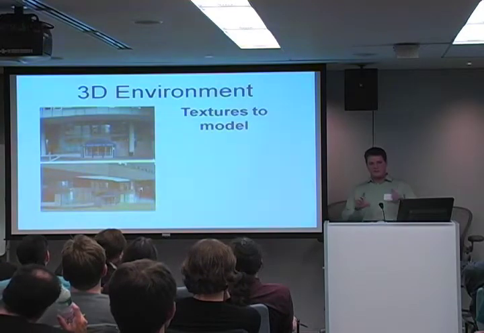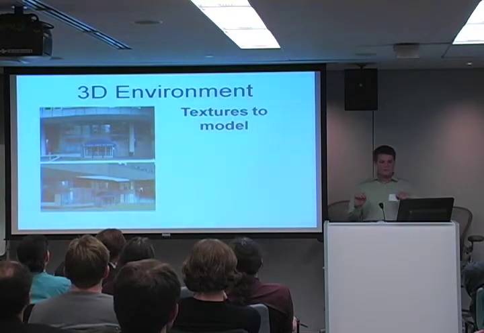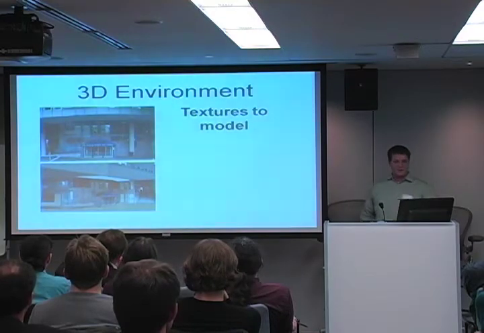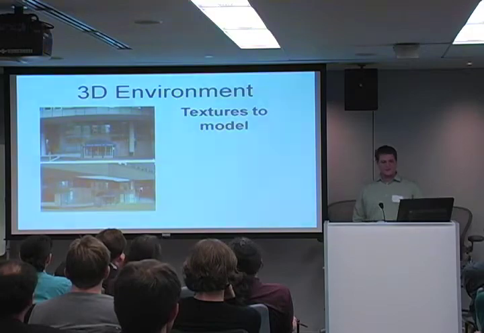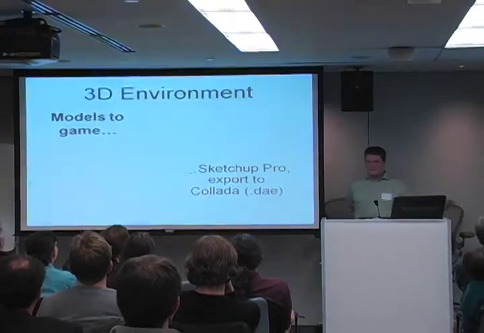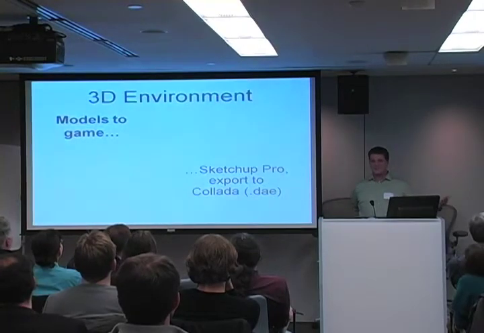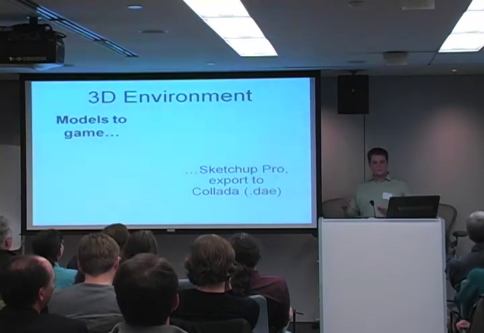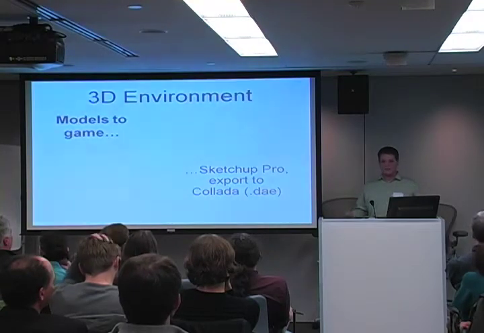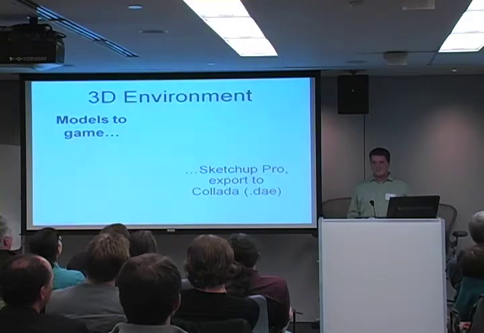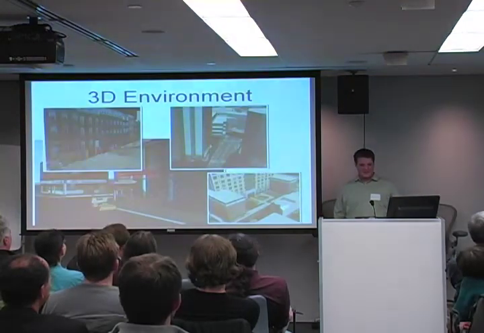In a lot of places it's really easy to apply these textures to the buildings, but in a lot of places it's not. Like this is the underpass near Tufts Medical Center. We're putting the vestibule in, and we haven't even put those pillars in yet. It's a very time-intensive process, excavating into these big squares that we started with. Turns out the easiest thing to do is get these models out of SketchUp and into the game environment, working with a company called Muzzy Lane. They have their own proprietary gaming engine, which takes Collada files, which you just export right out of SketchUp Pro, $500 later, and we're all set. Turns out not too bad.